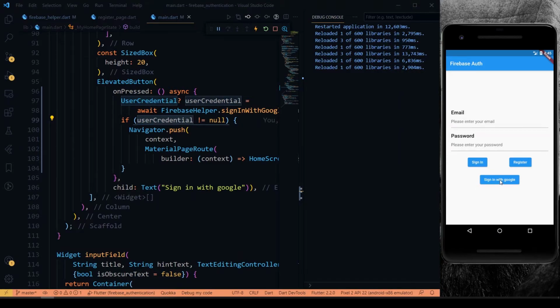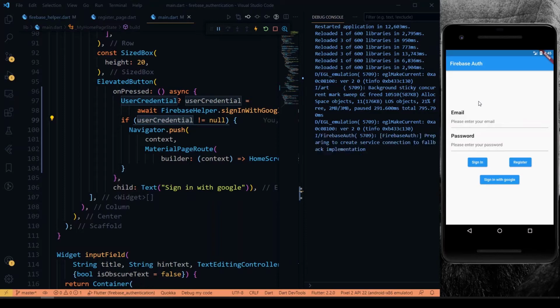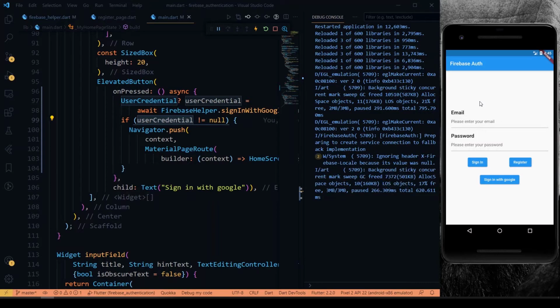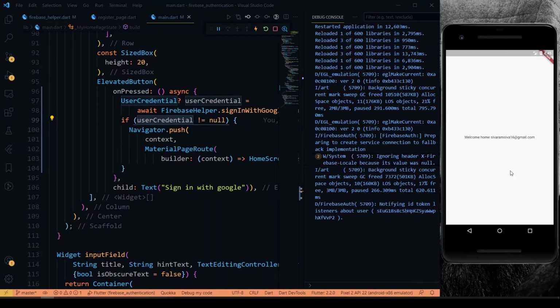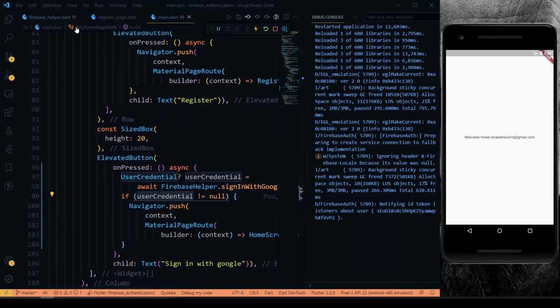If I press it, it will automatically take us into our home screen. Since I have already logged in, see, welcome home sivaram@gmail.com. This is my mail address. So it worked correctly.